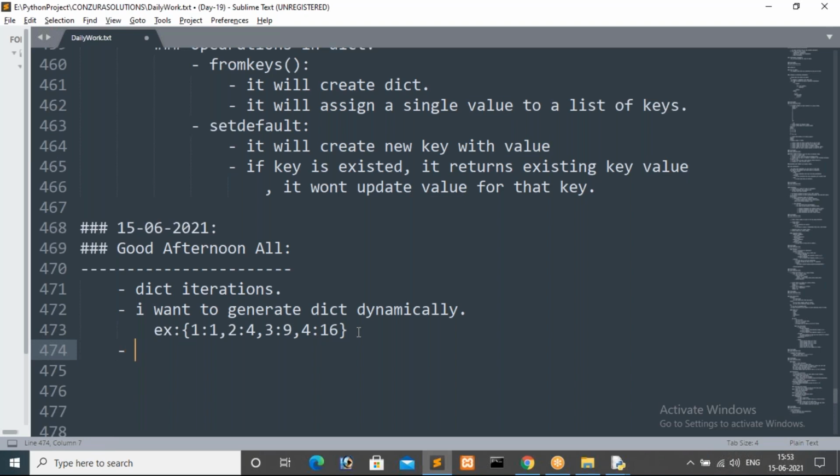So in dictionaries, I want to maintain two different lists.